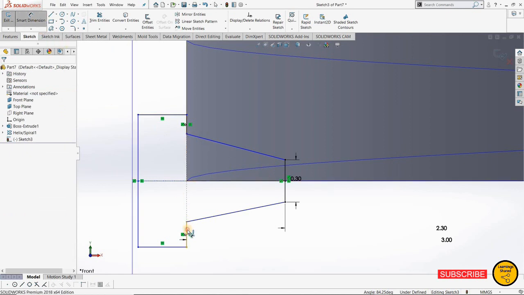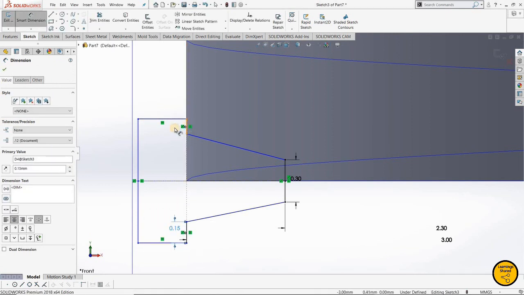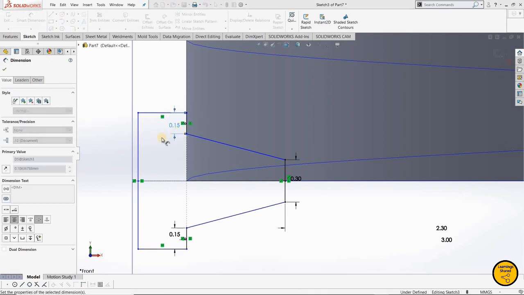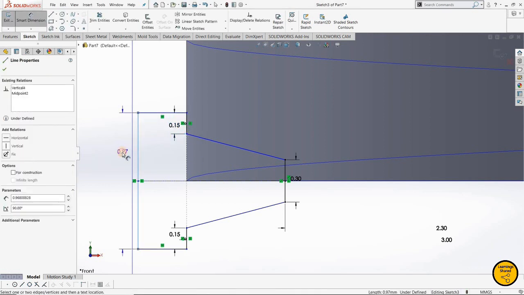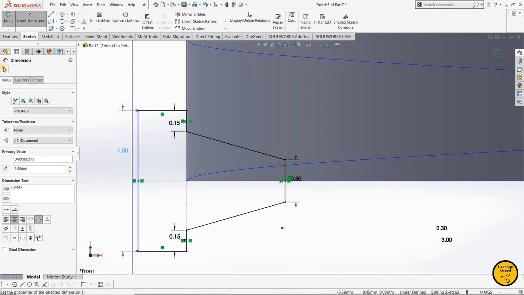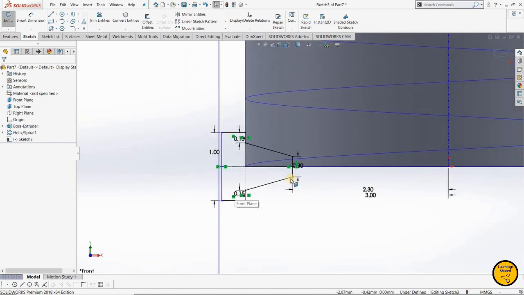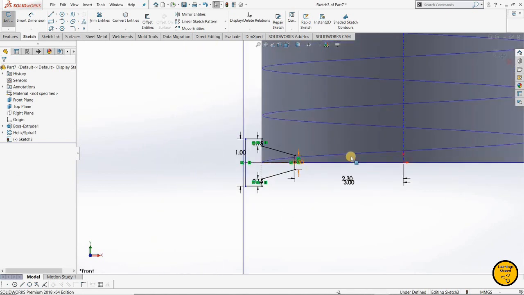Now I'll get dimensions here also. So my profile is ready.